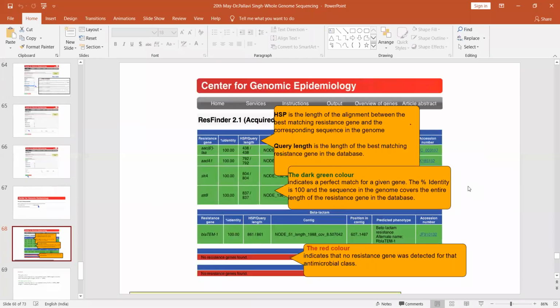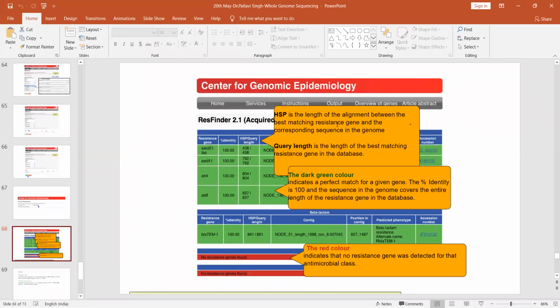So this is the result I got. You see, it has told that my bacteria has these resistance genes: AAC6, AADA1, structural gene A1 and structural B, and BLATEM. These are against those 14 antibiotics that I showed you in the starting, like aminoglycosides, sulfonamides; these are the antibiotics against which I'm checking the resistance gene. So it has shown that 100% identity of the gene for these particular resistance genes was observed with my query